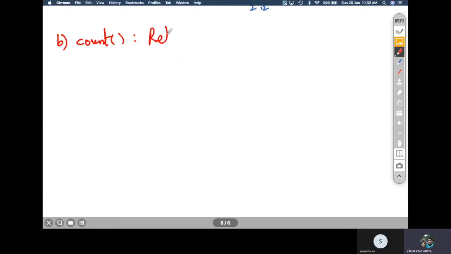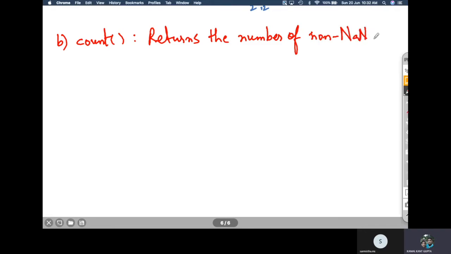It returns the number of non-NaN values in the series.